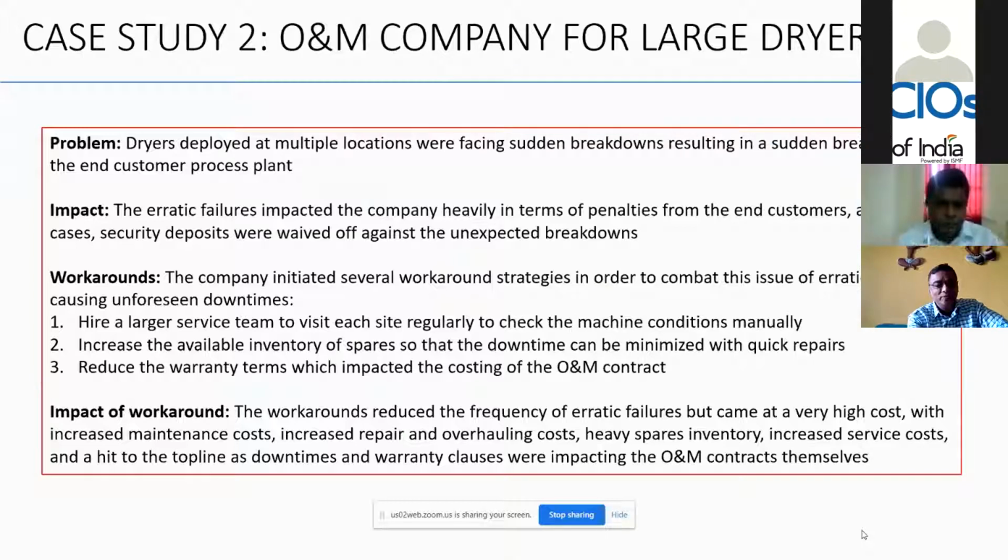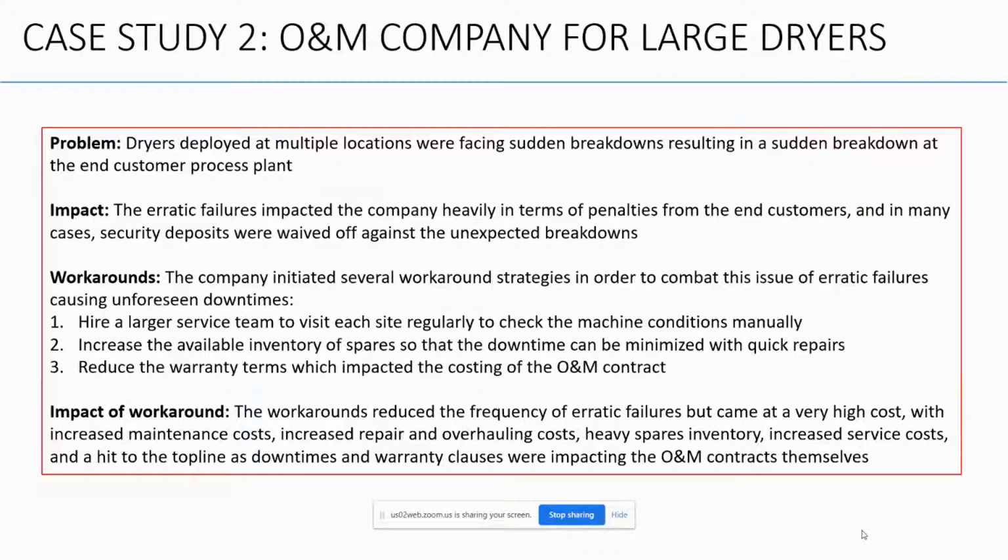So the second case study that I'd like to highlight is one of an O&M company. This is Praj Industries, based in Pune, and they had a major problem where they were having sudden breakdowns of their dryers at multiple locations. These dryers have an O&M agreement with the end customers, who are typically distilleries or other processing units, chemical plants. And the output and the uptime of this piece of equipment is really of key interest